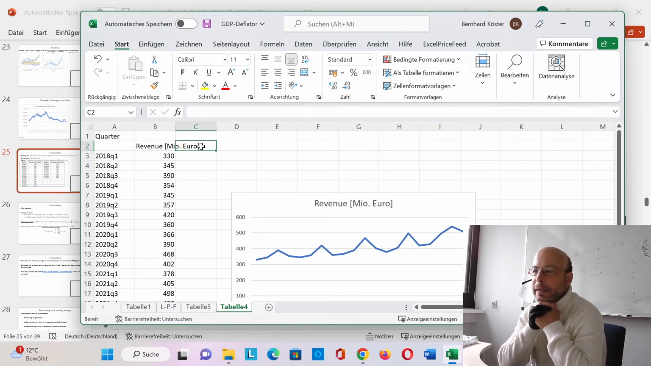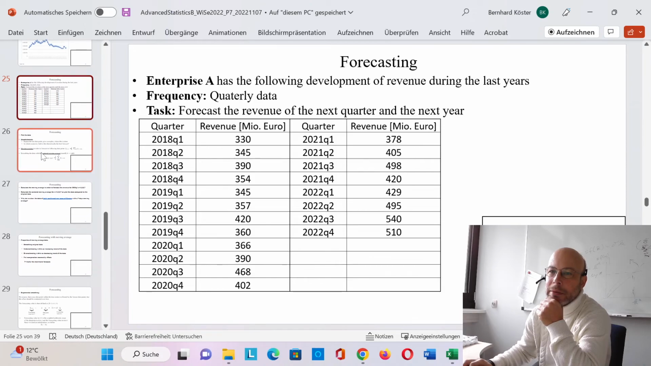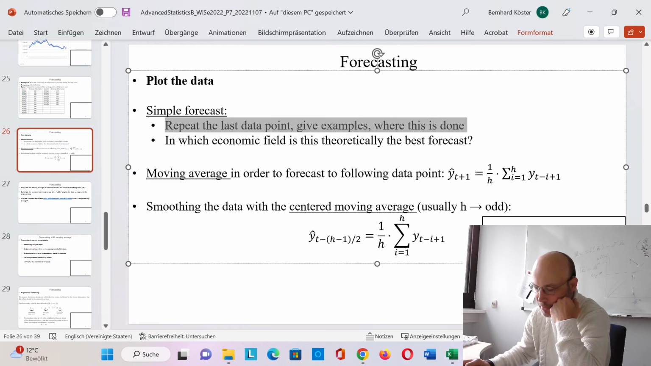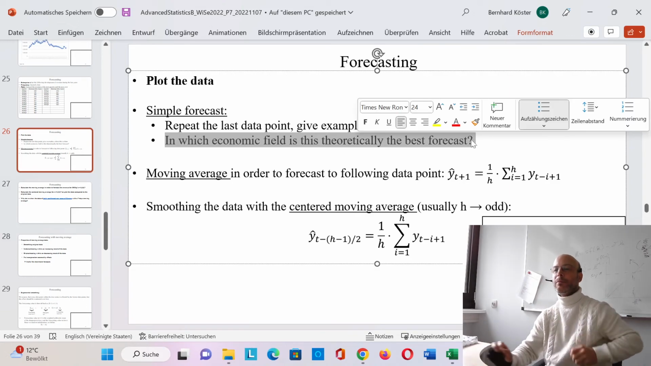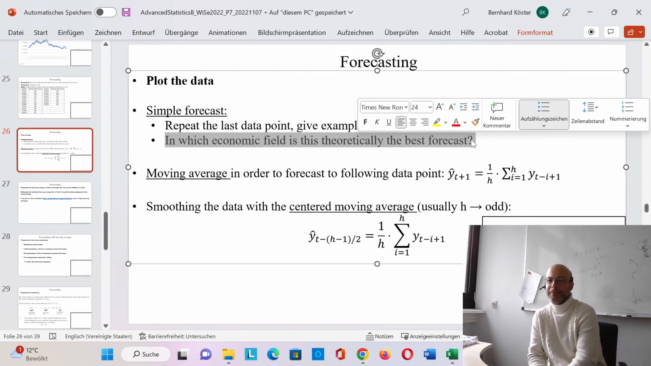Maybe you had already some other lectures and in which very important economic field this really simple forecast method, just repeat the last data point, is more or less the best you can get. What do you think? Do you have an idea? Well, actually,